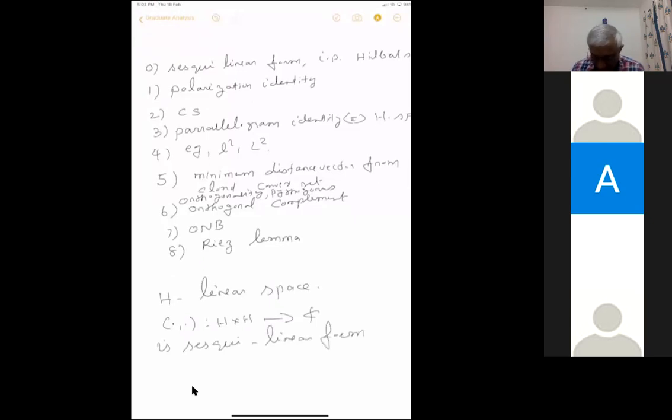It's not what is called a bilinear form. It's a function of two variables from H cross H to C. Usually we have seen what is called linearity. If it is linear in both the variables, it's called bilinear. Here, it's not linear in both the variables. It's linear in the first variable,